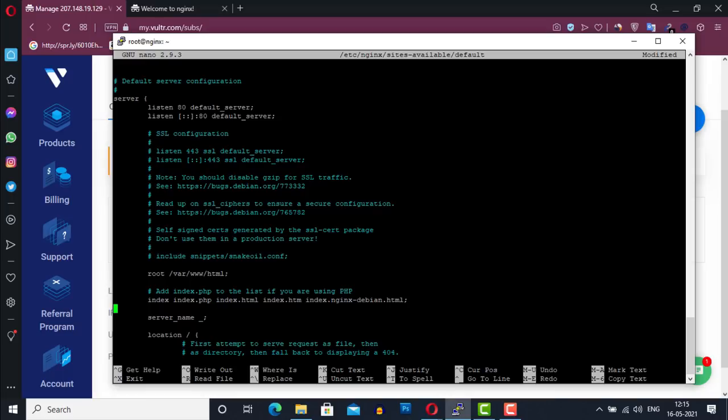Next, we have the server name. When a request is made to our server, it instructs the server which block configuration file should be used. For example, if you host 2 or more domains on this server, then each domain will have a unique block configuration file, and this block file contains the settings related to the domain.